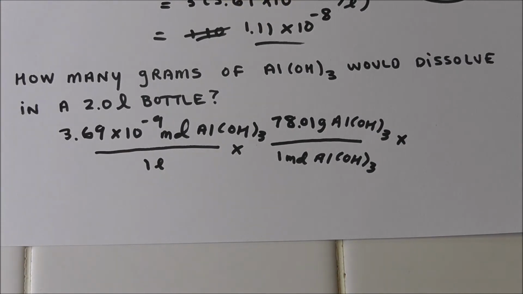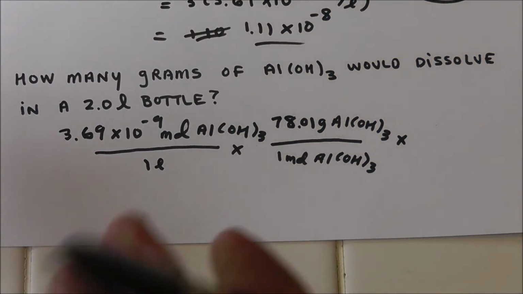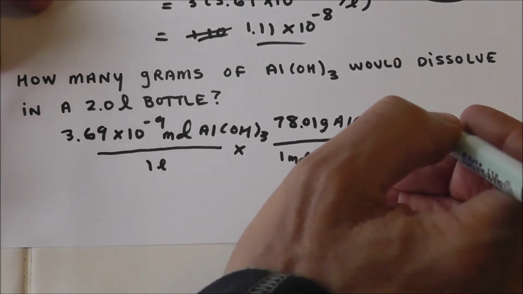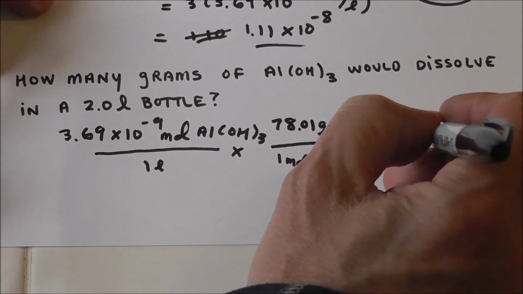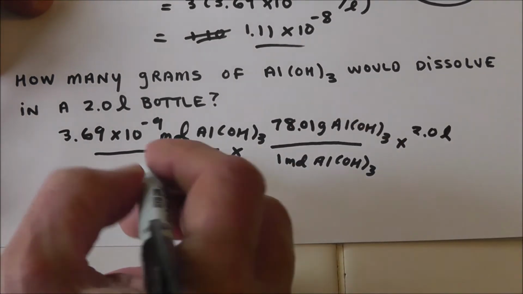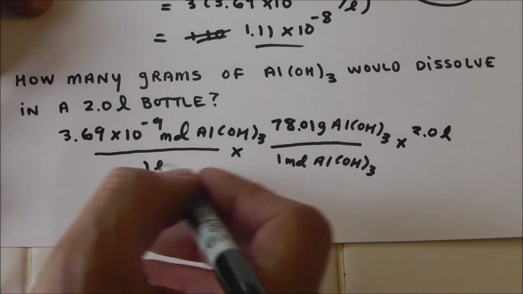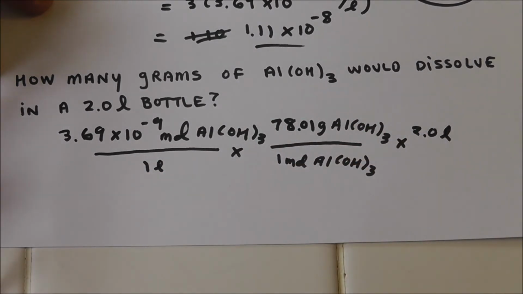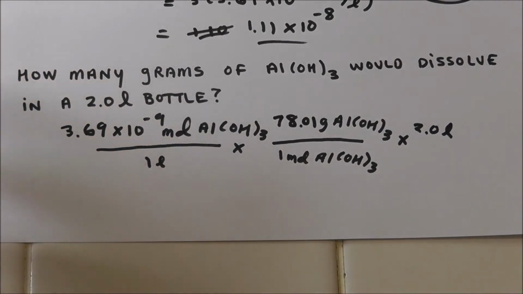And I'm back. Aluminum hydroxide's molar mass is 78.01 grams. And don't forget, we're calculating this for 2 liters. So we got to multiply. If we just stopped at this step, this would be how many grams per liter. But we want to know per 2 liters. So let's crunch that number out. 3.69 times 10 to the minus 9 times 78.01 times 2 equals